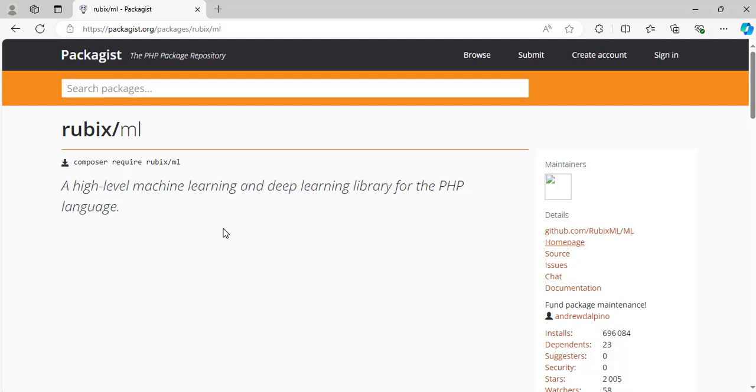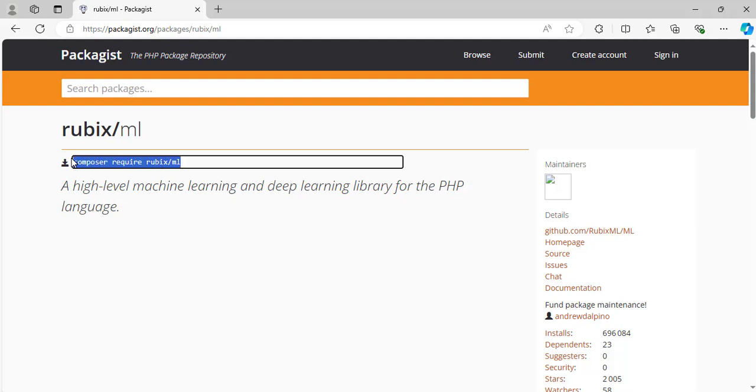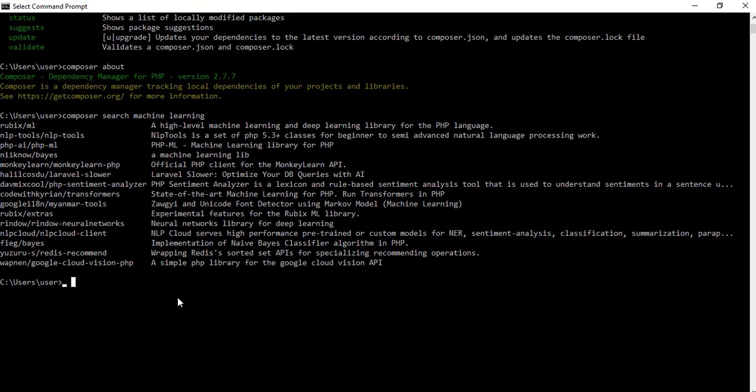All right, now that we have looked at the Rubix Machine Learning package, let's actually work with it. To do that, we will need Composer require Rubix/ml. This is the command we will need to install it with Composer. You can copy it here and return to the command prompt. Before I run the command to install it, I will go to my desktop and create a folder. Inside that folder, I will run the require command for Composer so that I will work with it from that folder. So to do that, cd